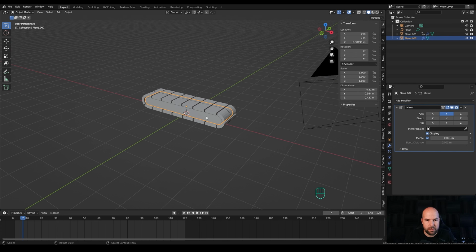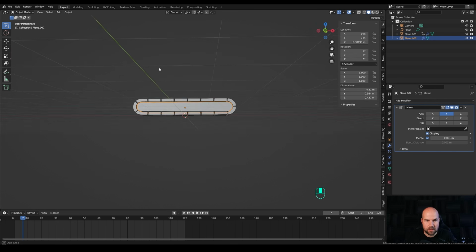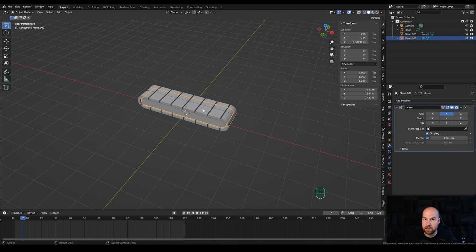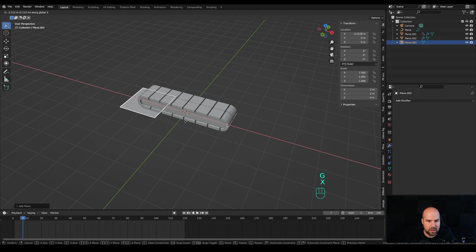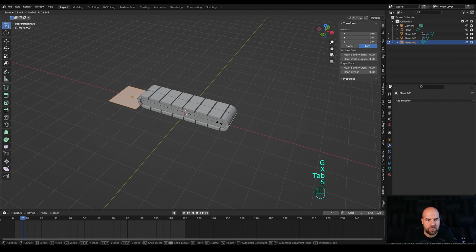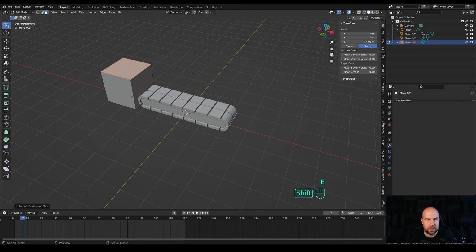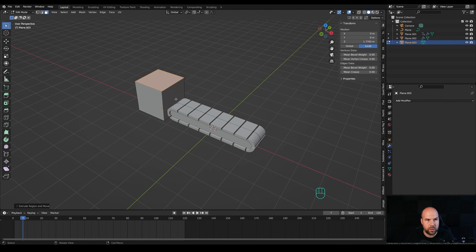So here's the conveyor belt, and let's create a box that will spit out some boxes. Press Shift A and add a plane, press G, then X, and move it right here. Tab into edit mode, make it smaller, and extrude like this. To make it look nicer, we can press 2 for edge select and select these two edges,